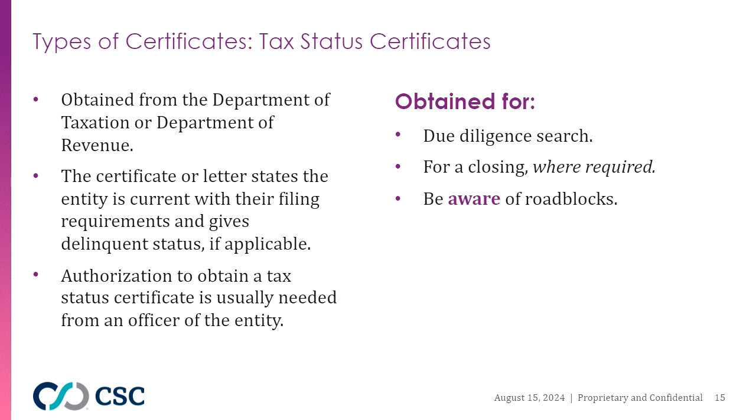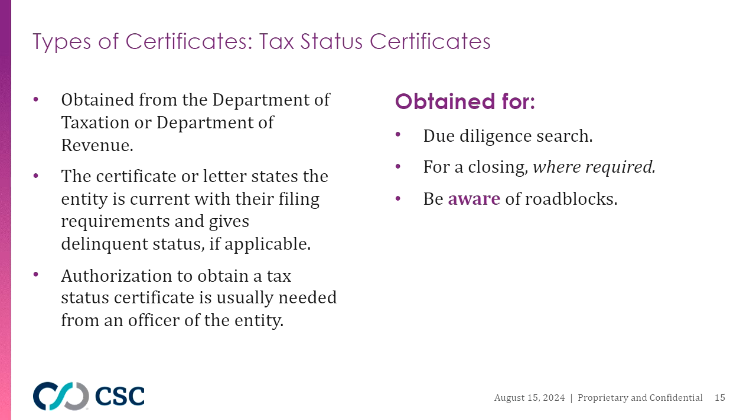What's a little bit different about these is that the authorization to obtain a tax status certificate is almost always needed from an officer of that entity, depending on what the type of entity is. As I like to say, you cannot get the authorization, say, from the mailroom clerk. It has to come from an officer. But the wrinkle with this is that some states won't even allow CSC or any of the other service providers to actually get those, and the entity needs to order it directly. And New York actually just switched the rule on that, and they fall into that.